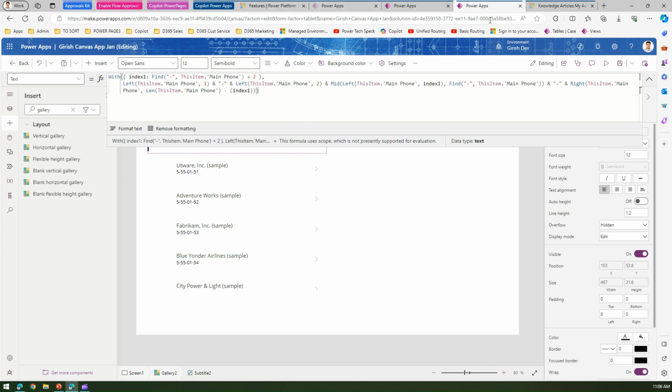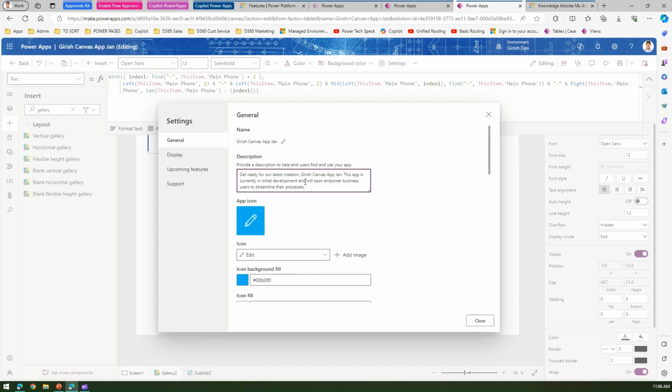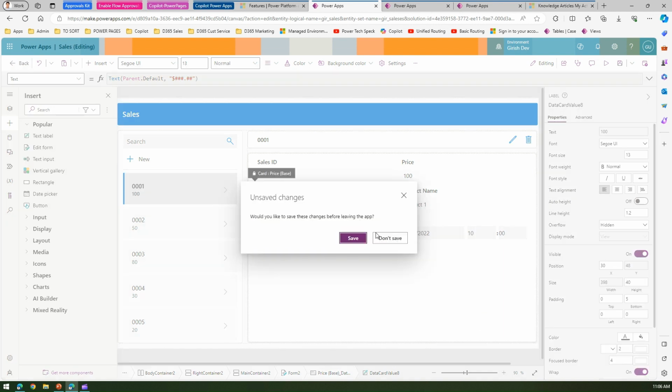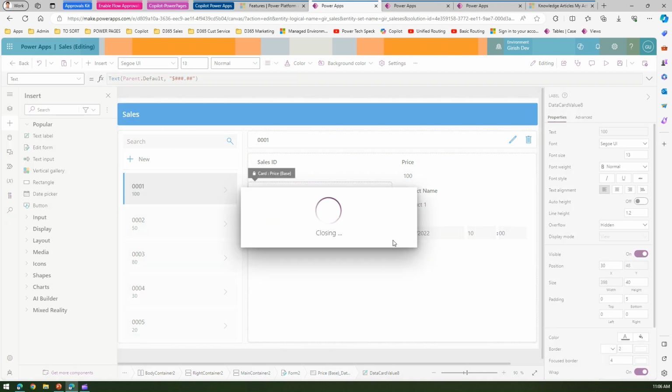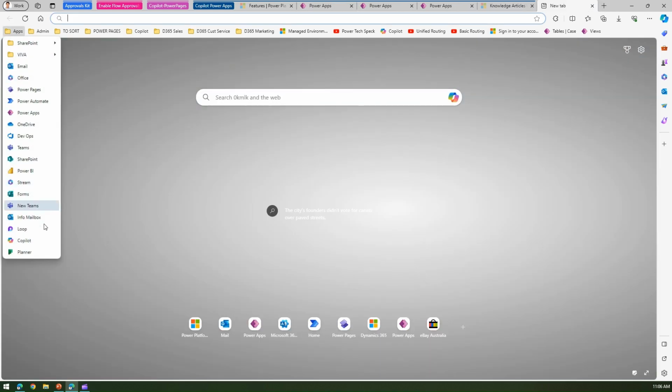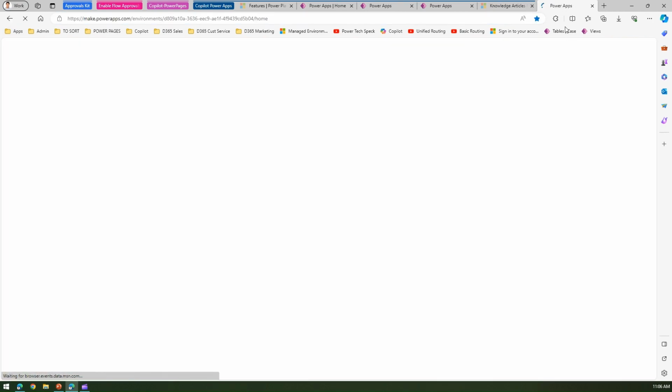Now we haven't saved the name or the description of the application. So if you go to settings, it has automatically populated this. We haven't put this, but it has automatically populated. Now if you go into the main screen over here, let me not save this, let me go back to the main make.powerapps screen. So let me open this in a separate window altogether. So if I go to make.powerapps.com,